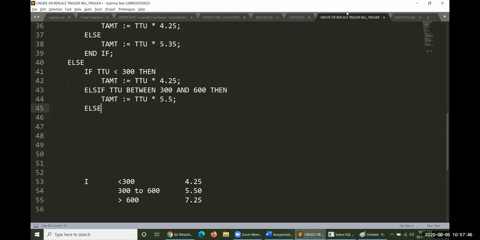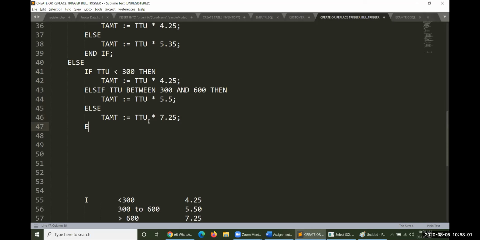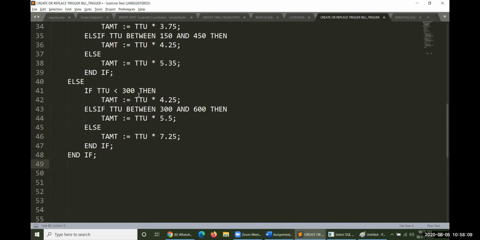Else TAMT will be equal to, if both conditions are false, the total number of units will be greater than 600, TTU into 7 rupees 25 paisa. And end if for the inner loop, and finally end if for the usage loop.